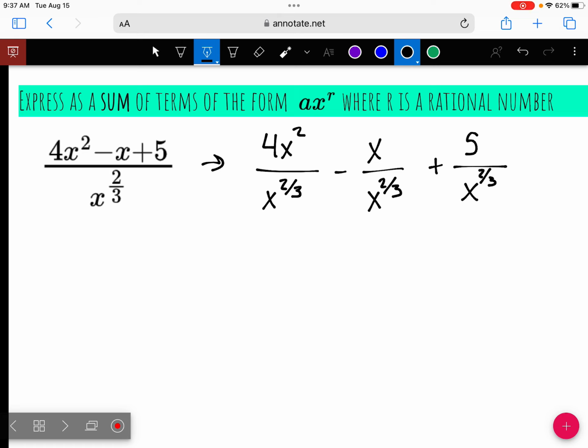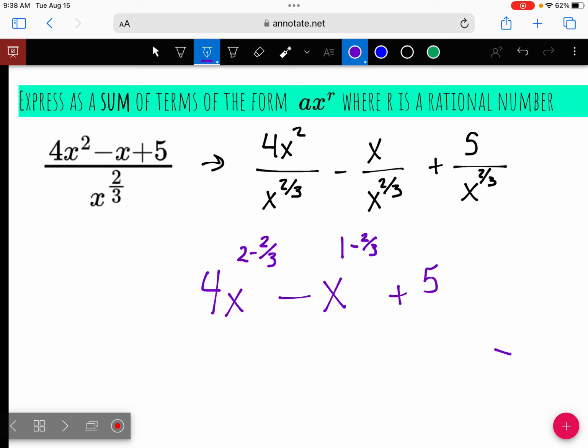We're going to use our exponent laws to combine these together. When I have an x in the numerator and an x in the denominator, what do I do with their exponents? Subtract them. So this becomes 4x to the 2 minus 2/3. If you don't need this step, you don't have to write it. And x to the first minus 2/3